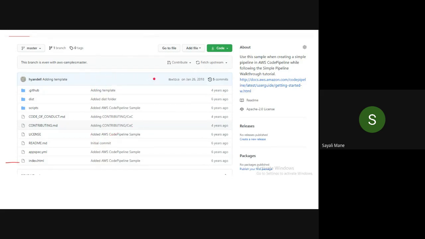Okay. Now please open your GitHub account, which is already there, and open the respective AWS CodeDeploy repository, the one which we forked. Just simply open it. In that, just scroll down. Here you will see the index.html file. Are you getting this file, index.html? Okay. So please take a screenshot of it and highlight this index.html file. Done?